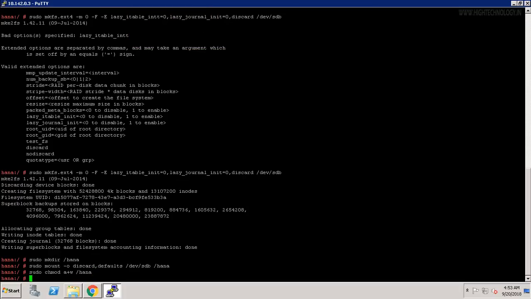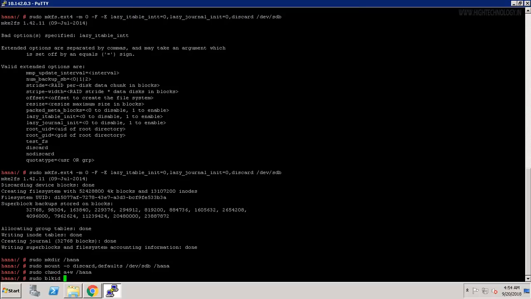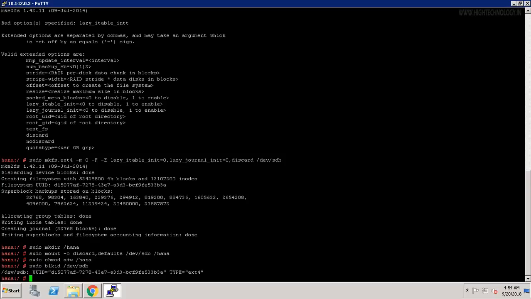Okay, so next task is to do an entry in fstab. So for that, let's first find out its UUID. Sudo space blkid space /dev/sdb, and this is the UUID. Just copy it